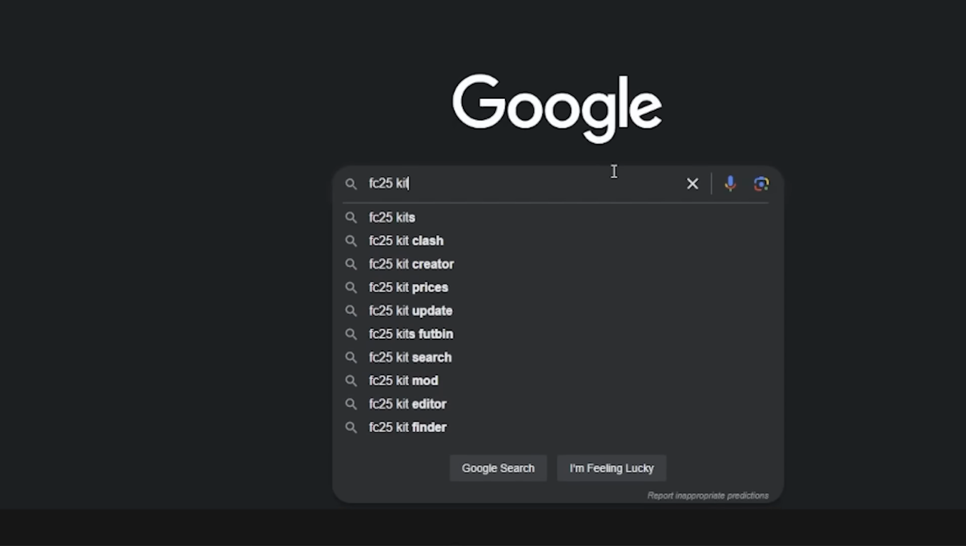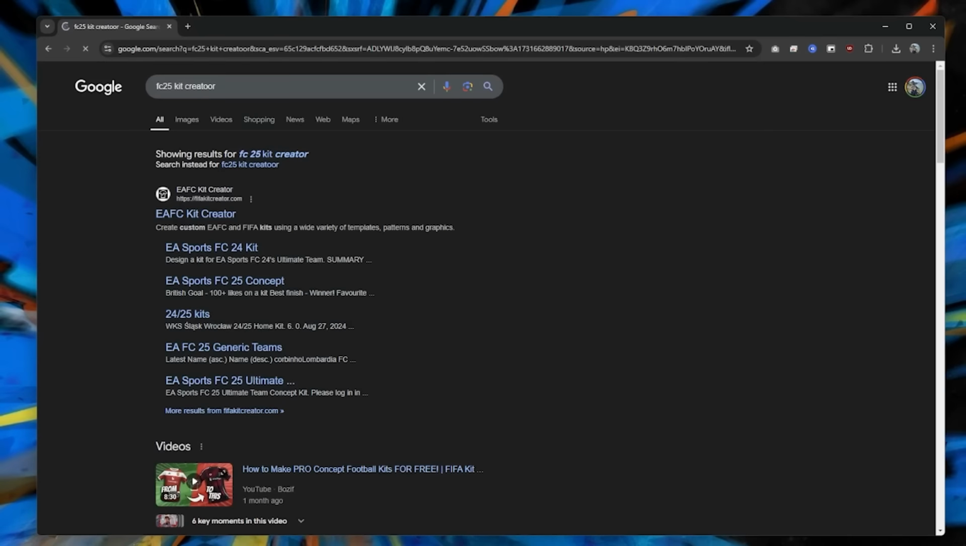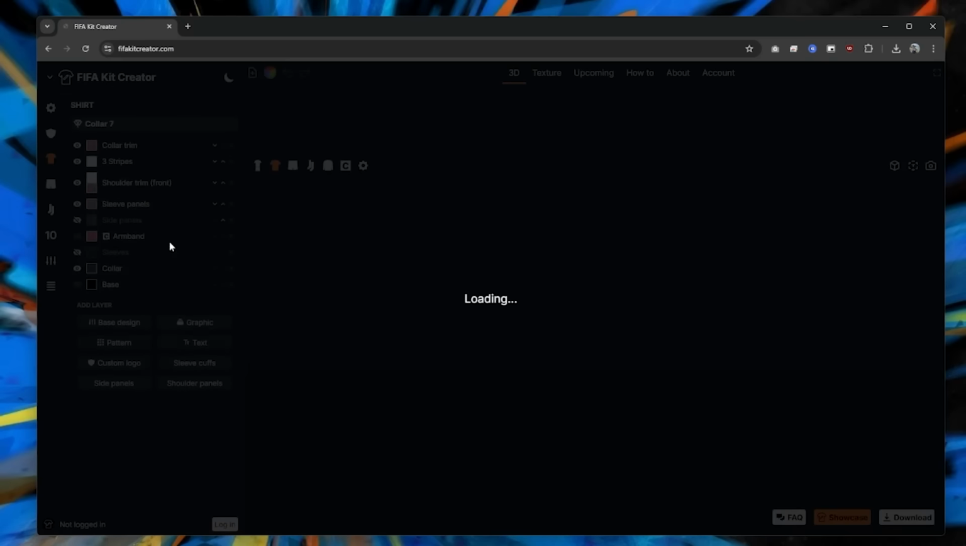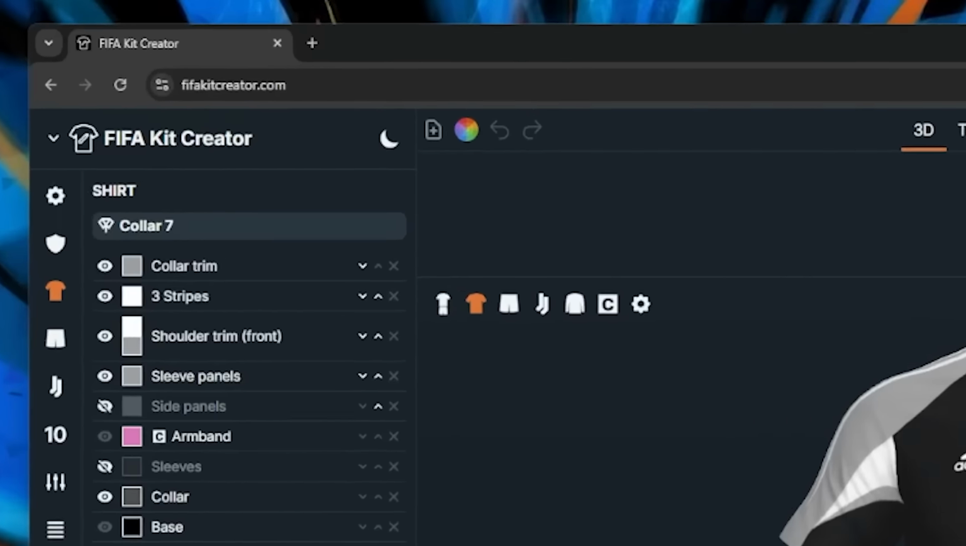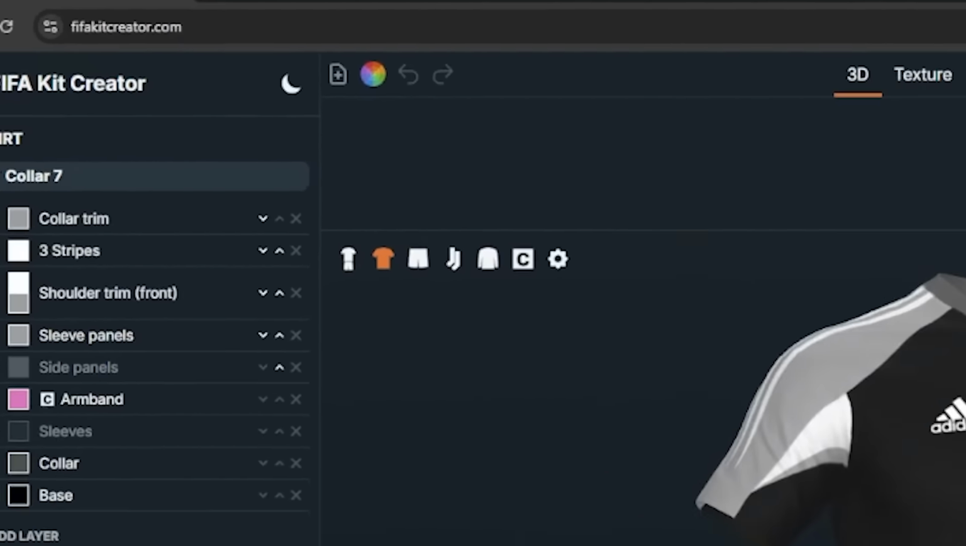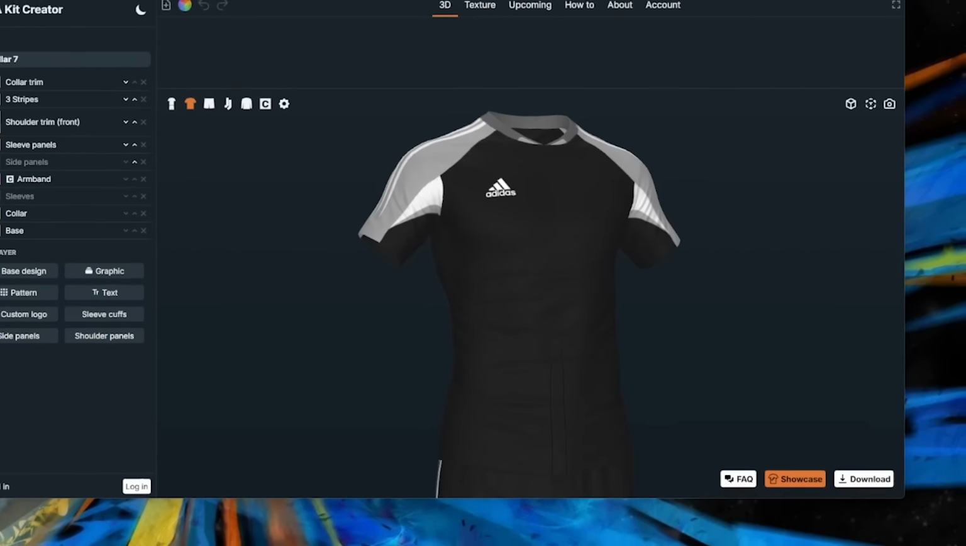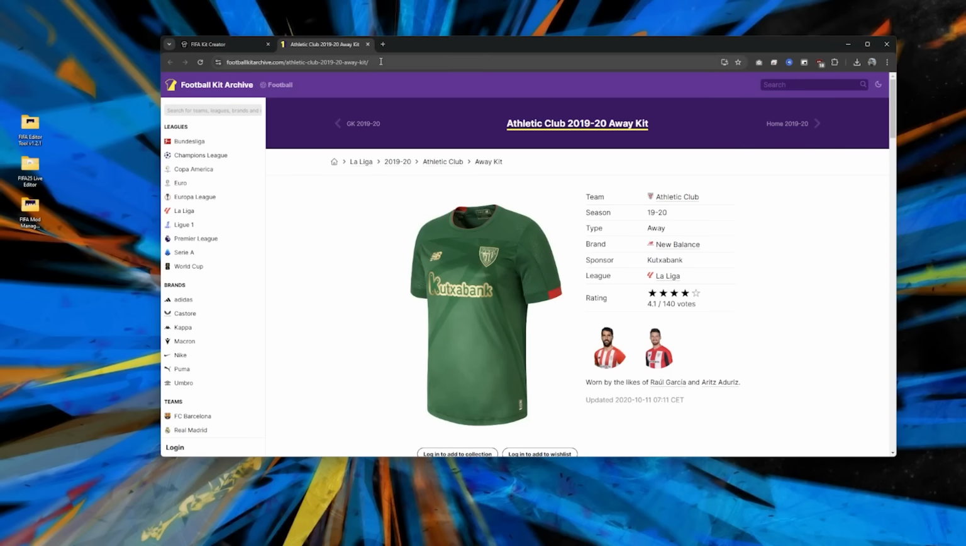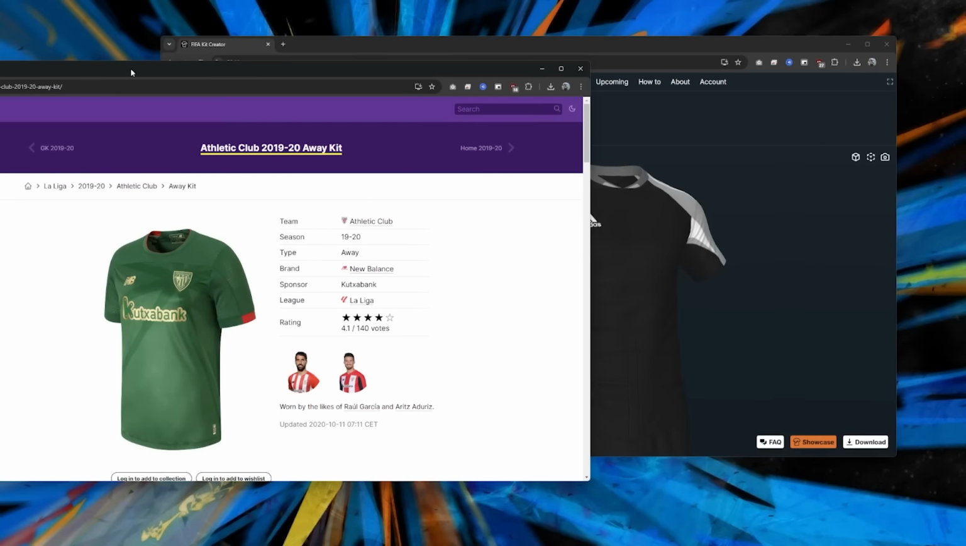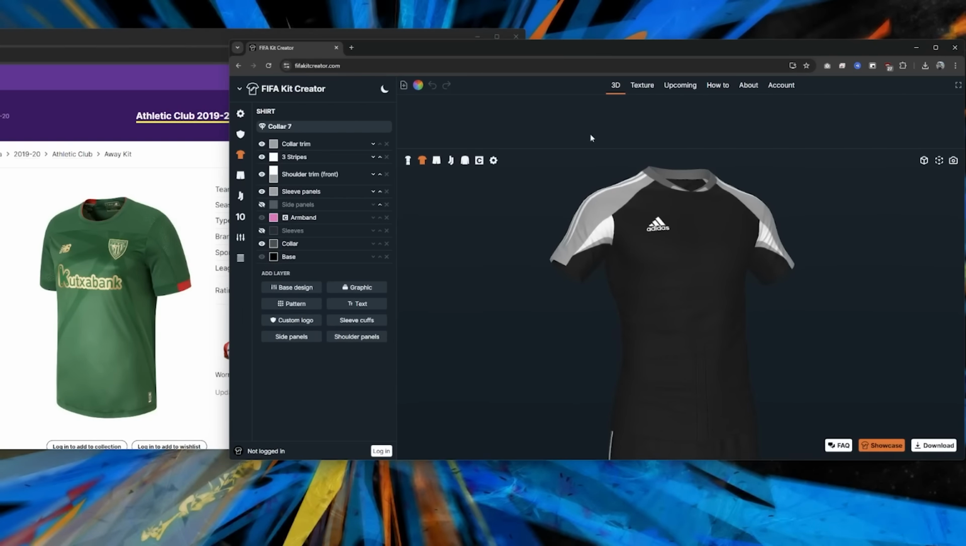Okay, so to change a shirt, the first thing of course we're going to need to do is create one, and thankfully these geniuses have made a website called FIFAKitCreator.com. You get this 3D model of your shirt and you can change so much about it. I'm actually going to be trying to recreate this old Athletic Club shirt you can see right here, and to